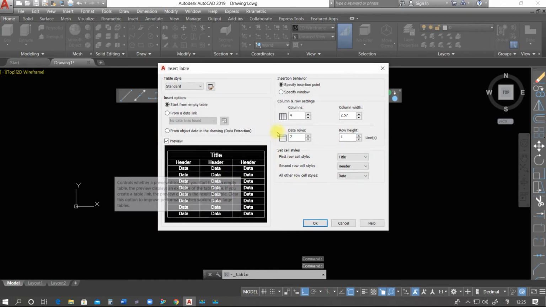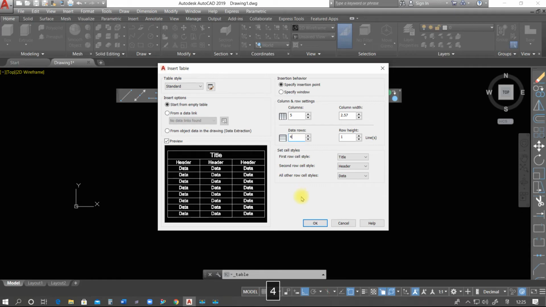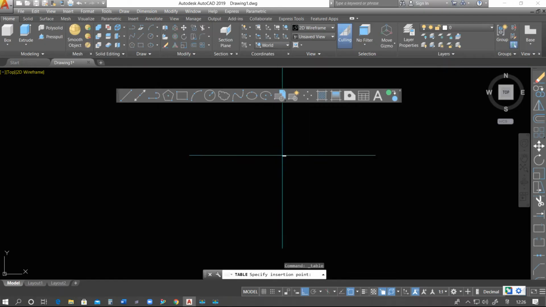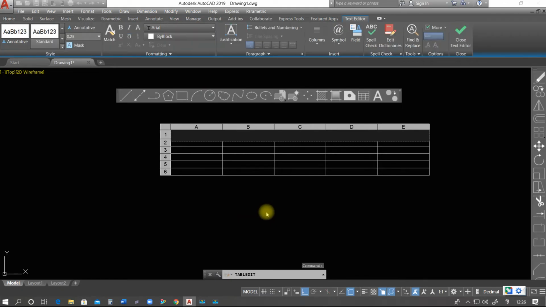As we click this one, we see that we have numbers of columns and number of rows. How many columns, how many rows do we want? See that we have 4 columns. I'm saying that it should be 5. We have 7 rows. I'm saying that it should be 4. And now we can manipulate this one where you want. Suppose on the top of this one, there generally we use a title box. So suppose I want to change this one, so you can change. Okay, like this. Suppose if you want to place this one, as you want you can place this one. Suppose I want to place this one here somewhere. If you want to give some text, that also you can do. I'm saying that it is bill of material.